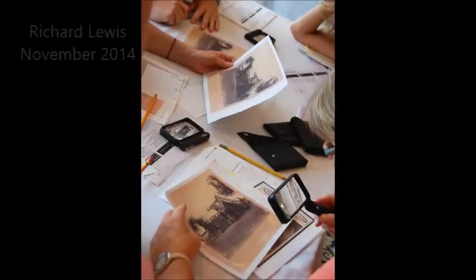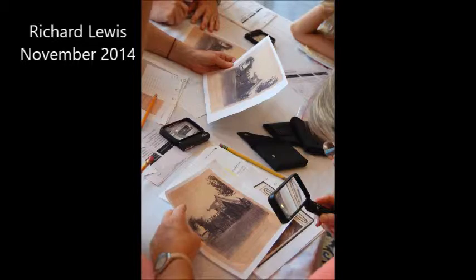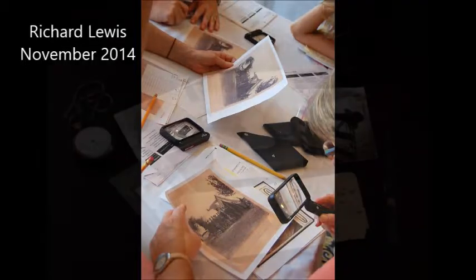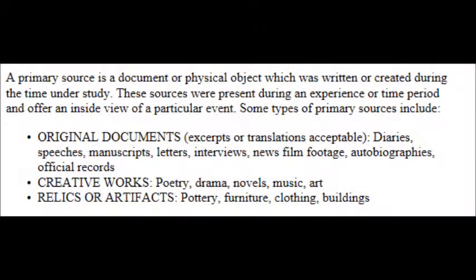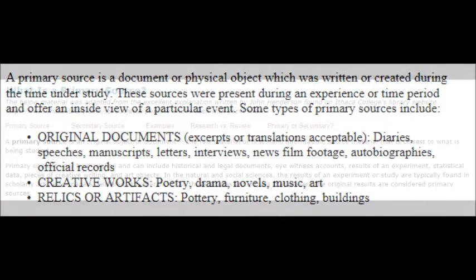Research materials are divided into two basic categories, primary and secondary. Some librarians and archivists add a third category, known as tertiary sources. According to Princeton University Libraries, a primary resource is a document or physical object which was written or created during the time under study. These sources were present during an experience or time period and offer an inside view of